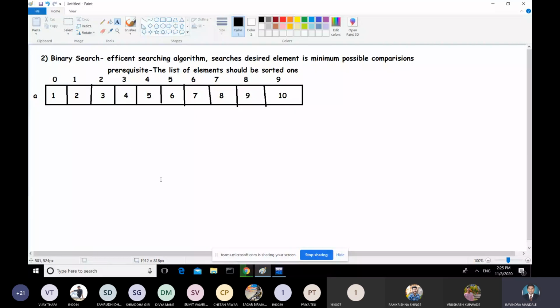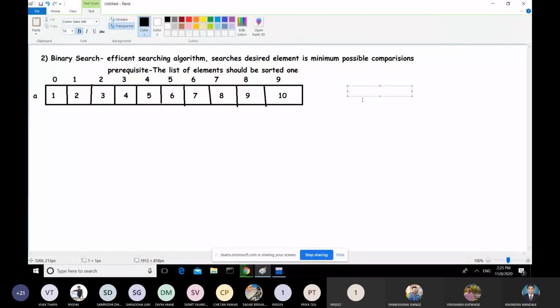Okay, now see the binary search algorithm. A very important thing: binary search reduces the comparisons as compared to linear search. It searches your desired element in minimum possible comparisons. Actually the best case complexity of binary search is big O of 1, and n stands for the number of elements.